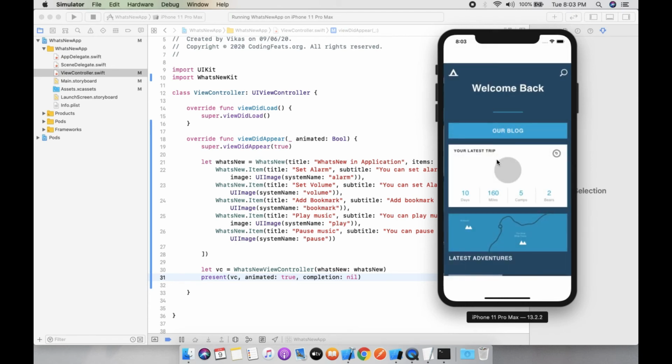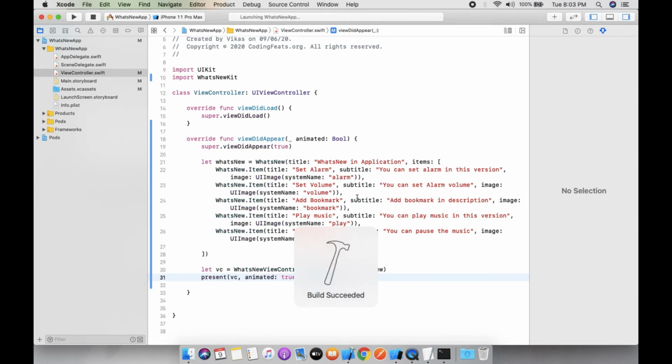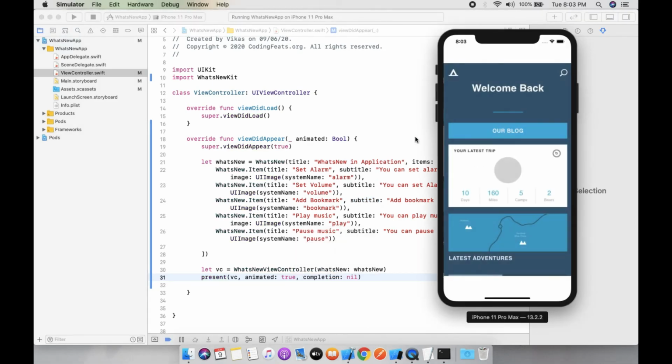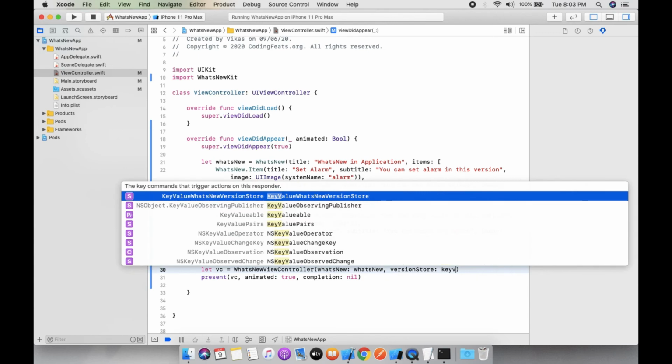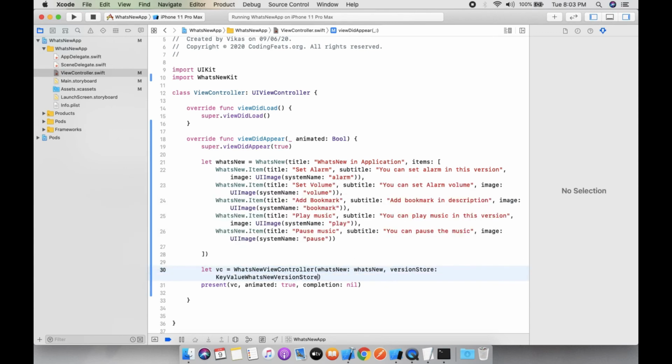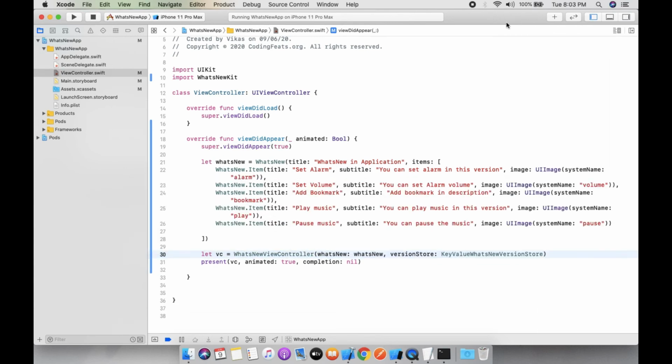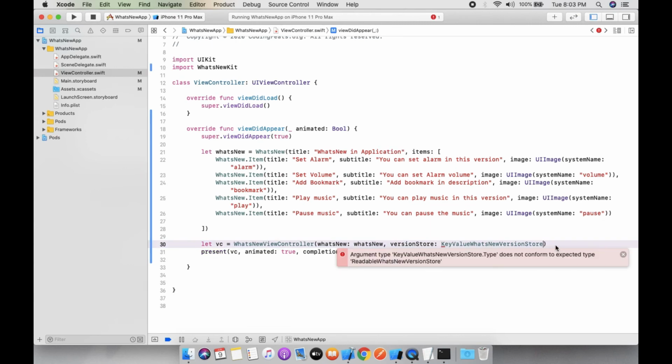So this screen should show only once after updating the application, right? For this, right now it shows every time. So let's stop this. So you need to add a version store, key value new version, argument type this.